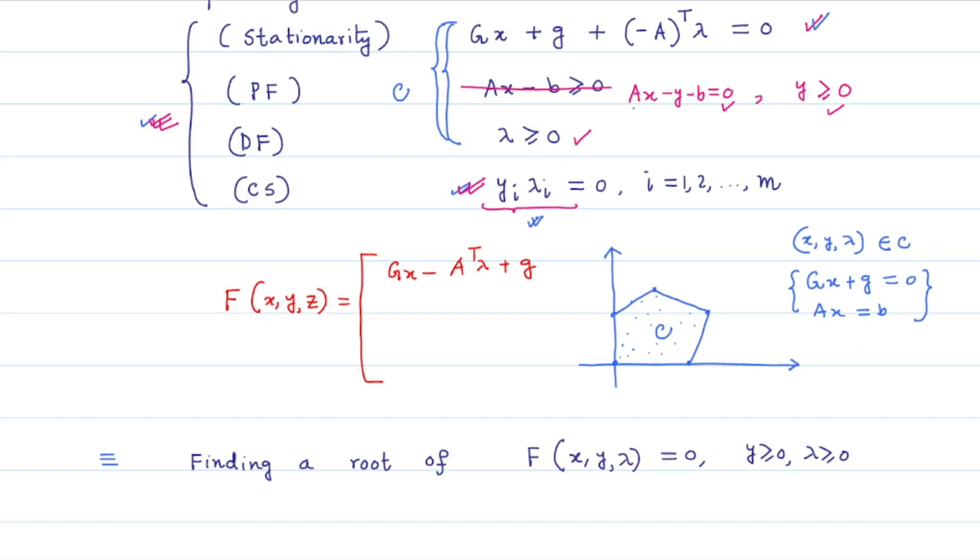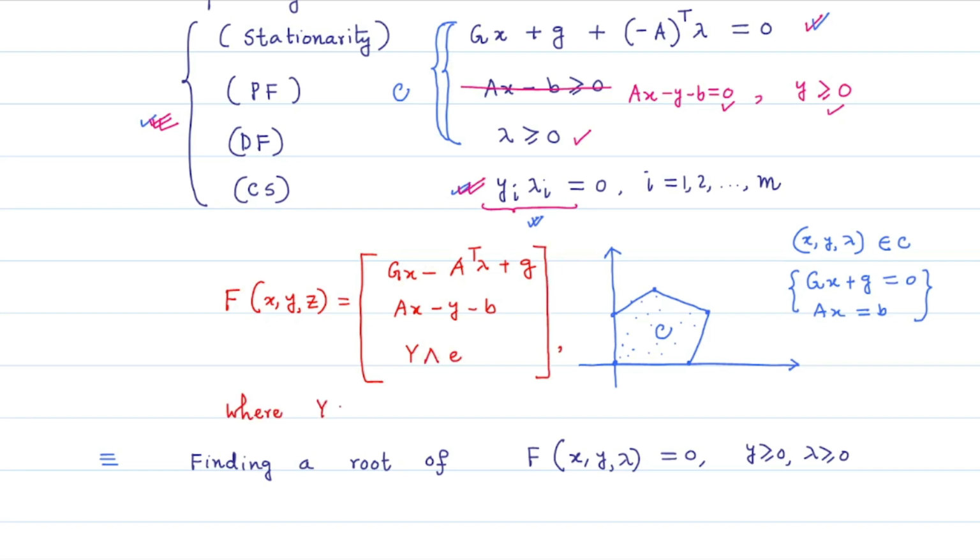The second component is here, this equation Ax minus y minus b, and here now these complementary slackness conditions, we are writing out in a vectorial form or in the matrix form by Y Lambda e,